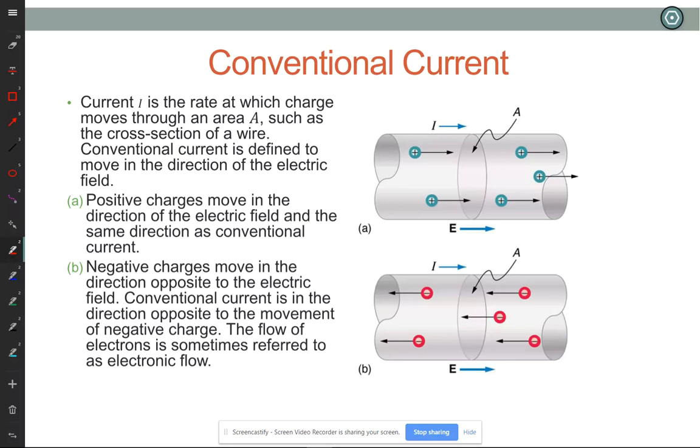And so in some semiconductors, picture A is actually what happens. And then the question is, what's moving? And the answer is hole migration, which is a whole different topic. This is how it works